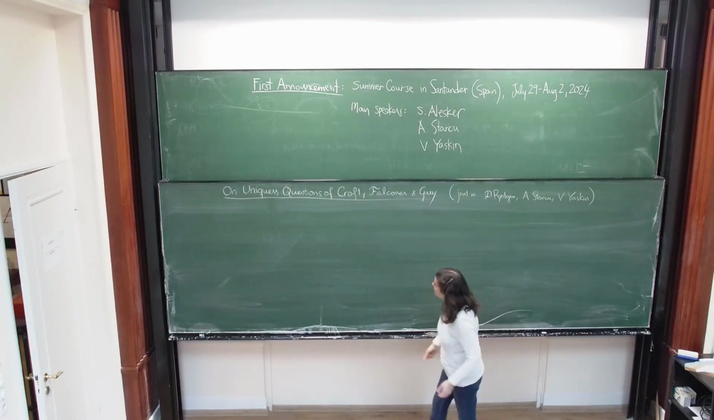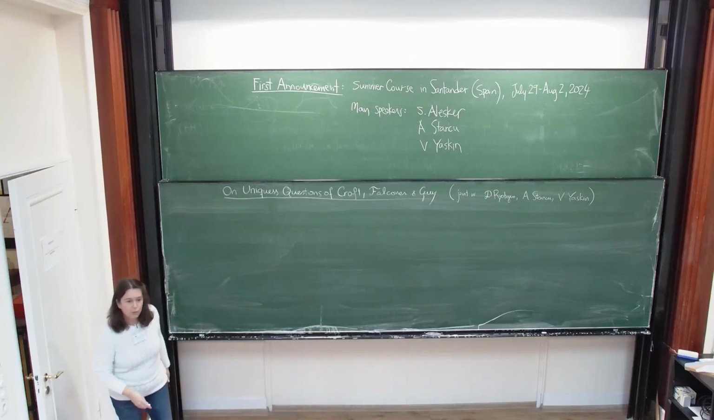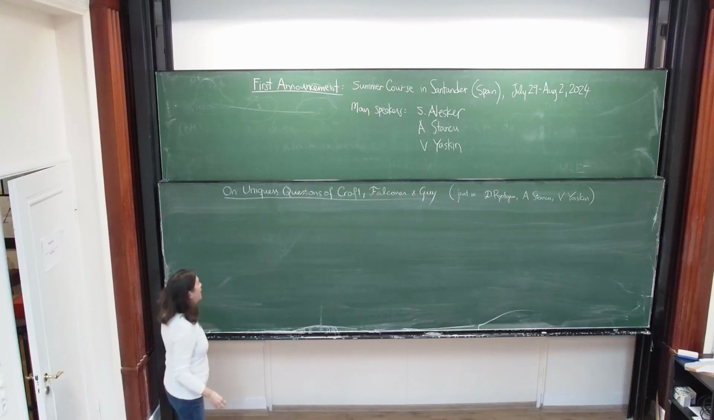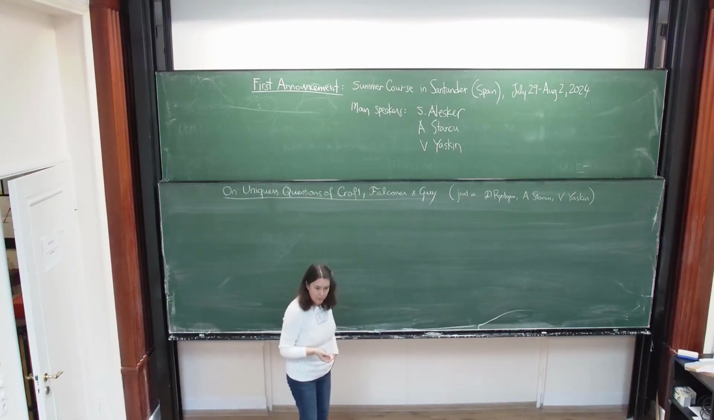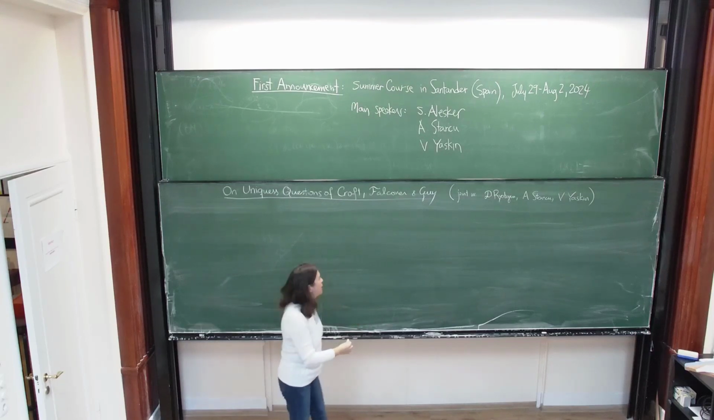Going to be talking about some uniqueness questions of Croft, Falconer and Guy, and this is joint work with Ryabogin, Stancu and Yaskin. And in the book Unsolved Problems in Geometry, Croft, Falconer and Guy talk about the following questions